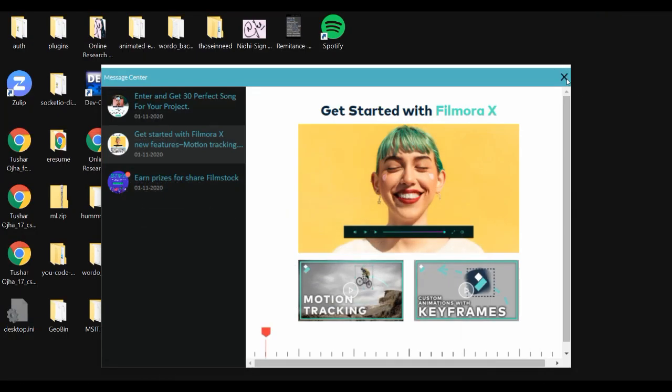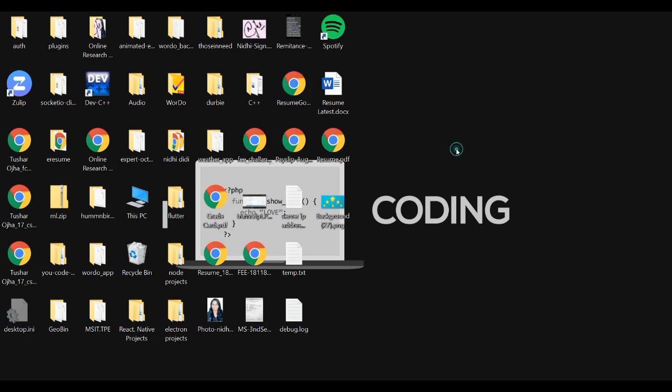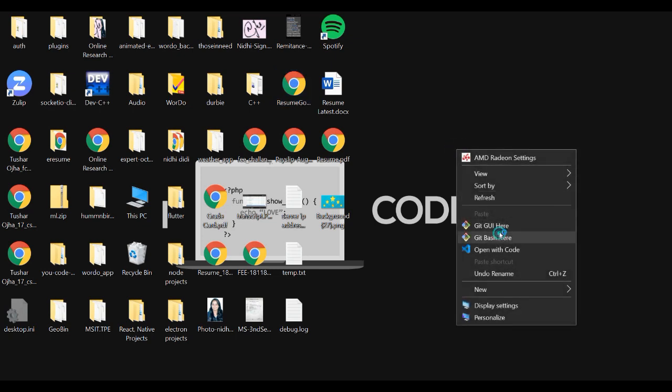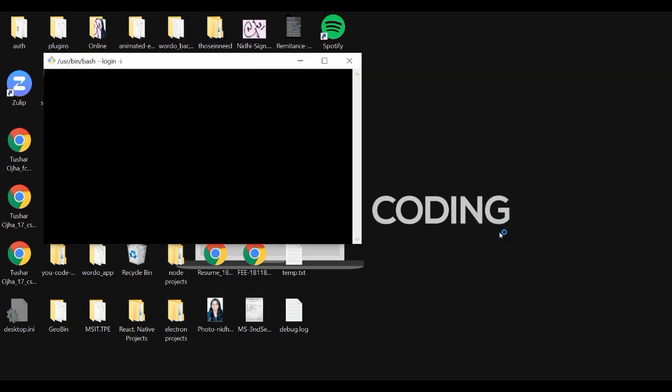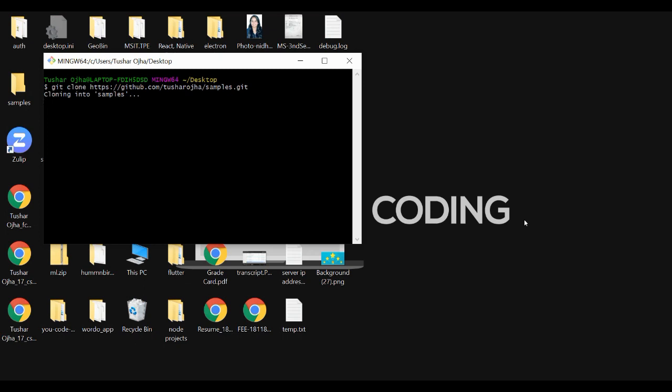After doing this, you have to go back to your desktop, and on the desktop you have to open Git Bash, or if you want to hold this project at some other place, you can do that. You have to write git clone and press Shift+Insert to paste the URL. When you press enter, it will automatically clone the samples at your desktop.